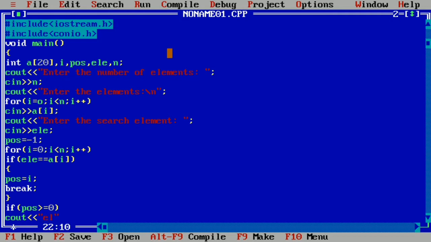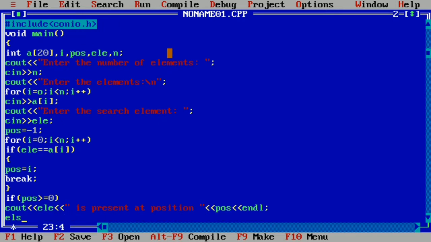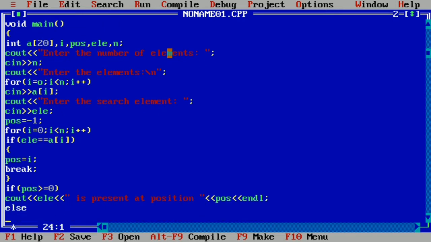Okay, so let us write ele, that is element, is present at position. So here we are going to write at which position. So here position is stored in pos, and then here we'll write endl, and otherwise that is the else part.